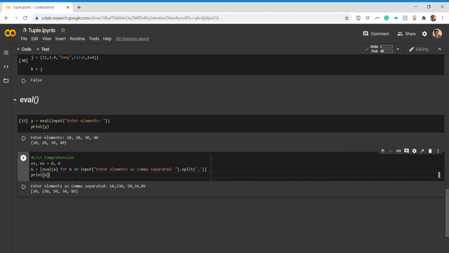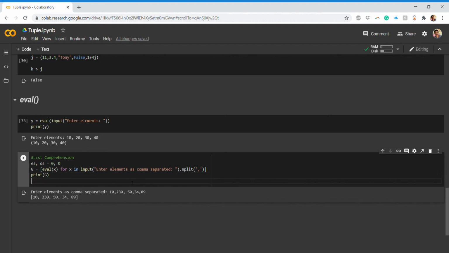So that was the first part of this. Now what I want to do is check each element out of this. Since the user has entered all these elements, I want to check whether each element is an even number or an odd number. That is very simple. If that number is divisible by 2, it is an even number, meaning the remainder is 0. Else it is not an even number, meaning it's an odd number. So it is simple. So for that